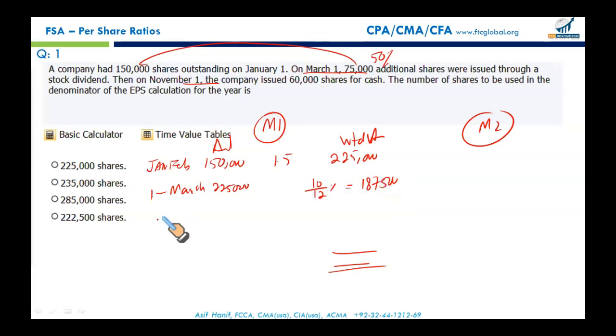Now what happens on 1st of November? We issue 60,000 shares for cash. The actual number of shares will go up from 225 plus 60 to a total of 285. Now these shares, the actual number of shares, remain outstanding for November and December. So they will carry a weight of 2 out of 12. So 285 multiplied by 2 out of 12. So that will be